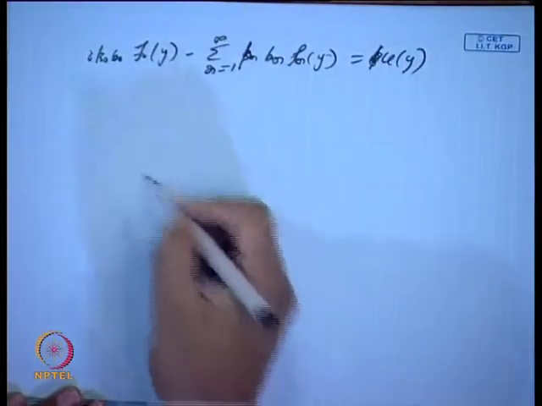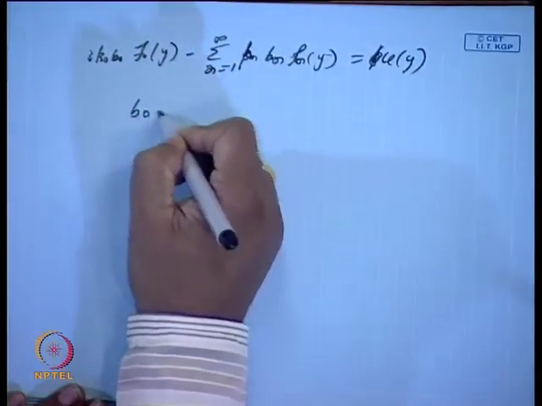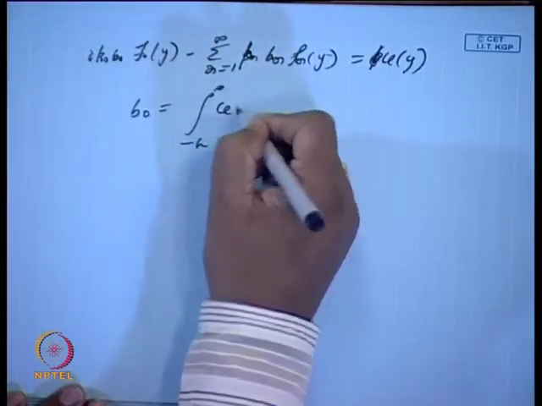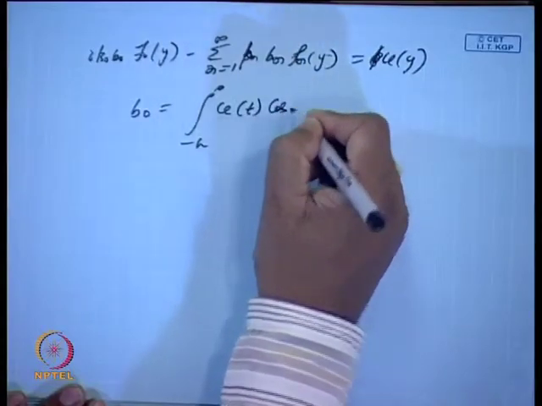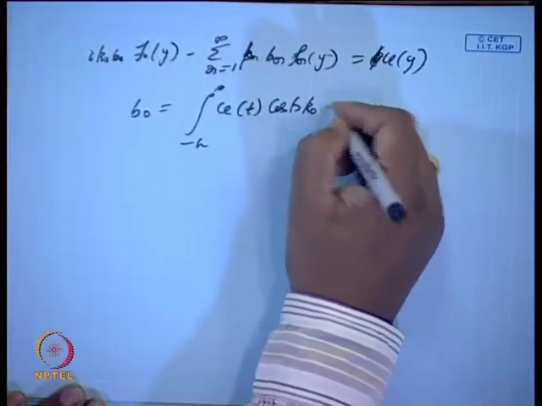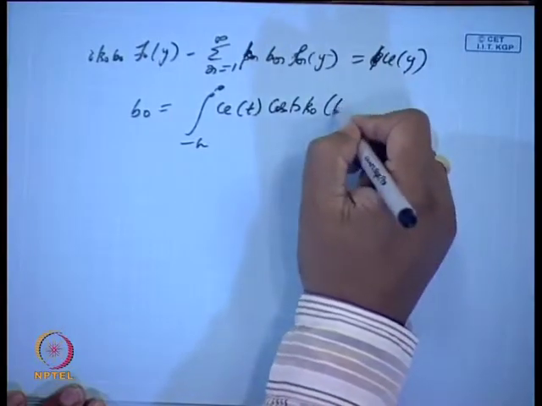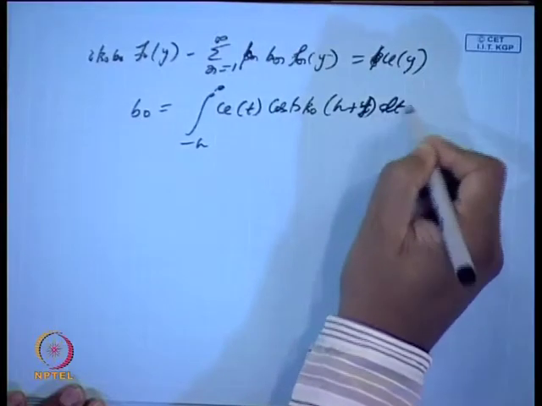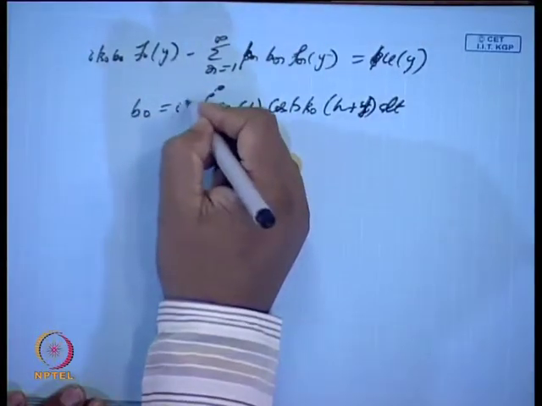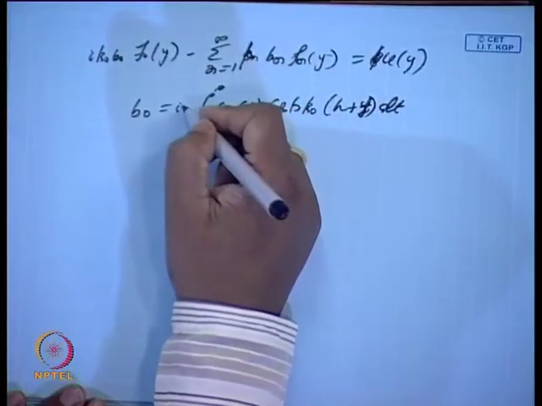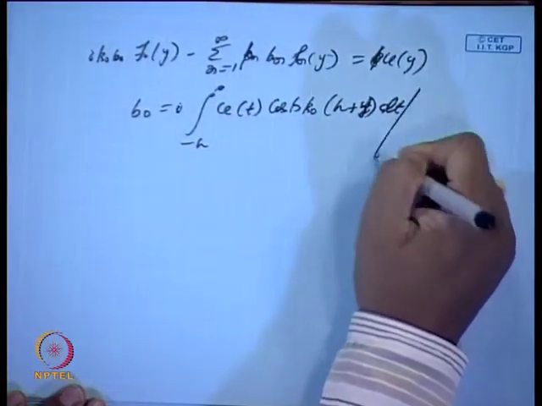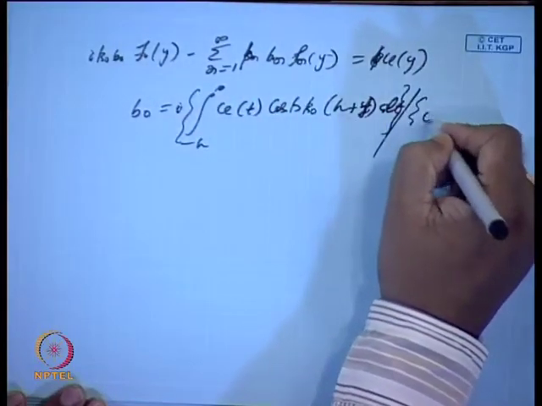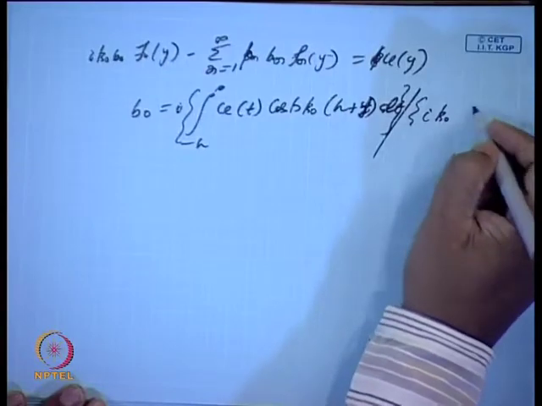If I apply the orthogonality of this, then I will get my b_0 as minus the integral from minus s to 0 of u(t) cosh k_0 (s plus t) dt, and b_0 will be divided by how much, i k_0 into